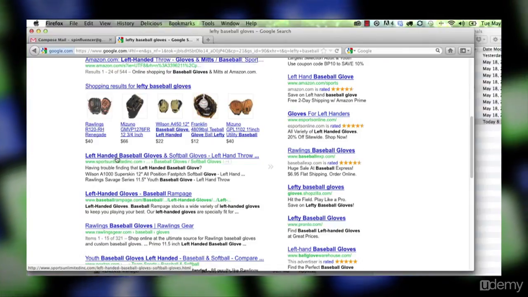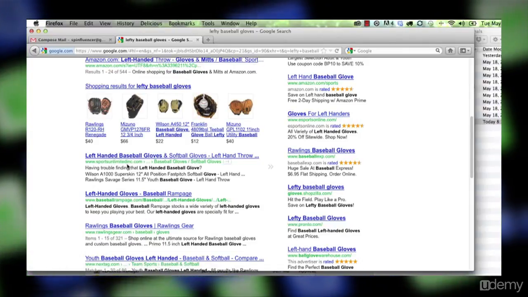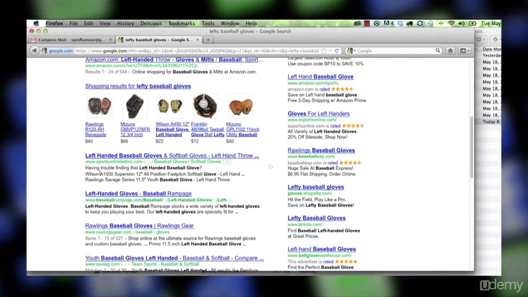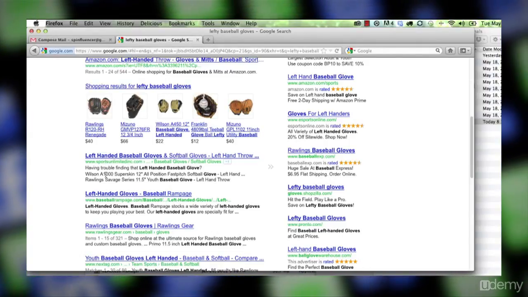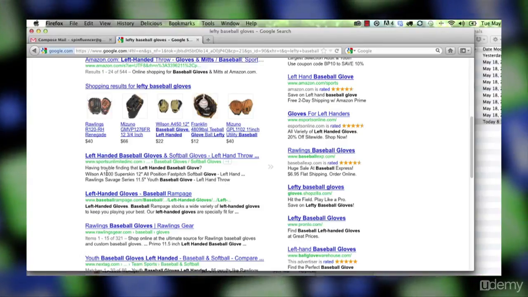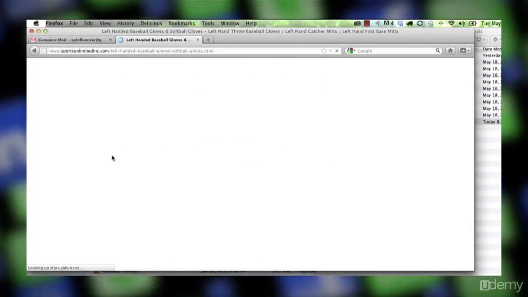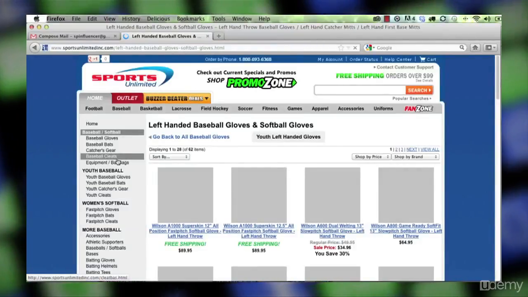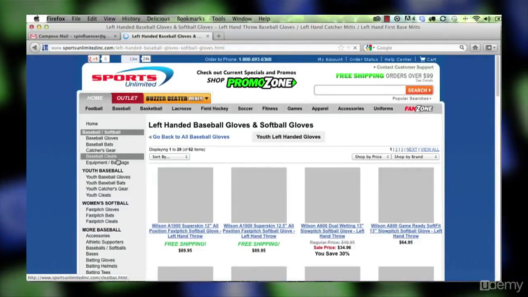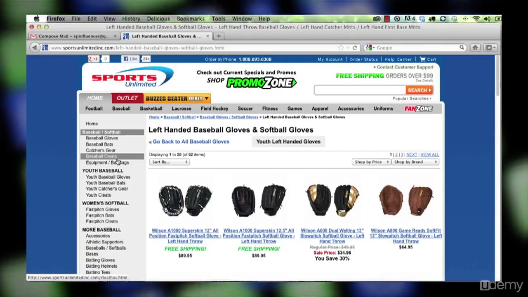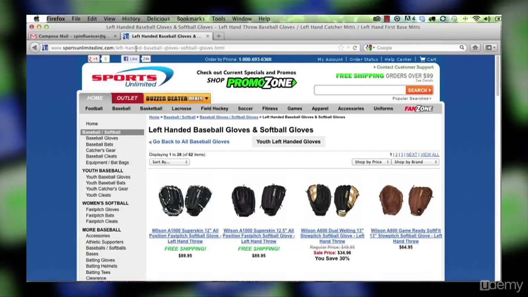And then the third thing is this Sports Unlimited Inc. So let's imagine that this is our website and we want to SEO it for lefty baseball gloves. We just select the URL for that website. And then copy the URL